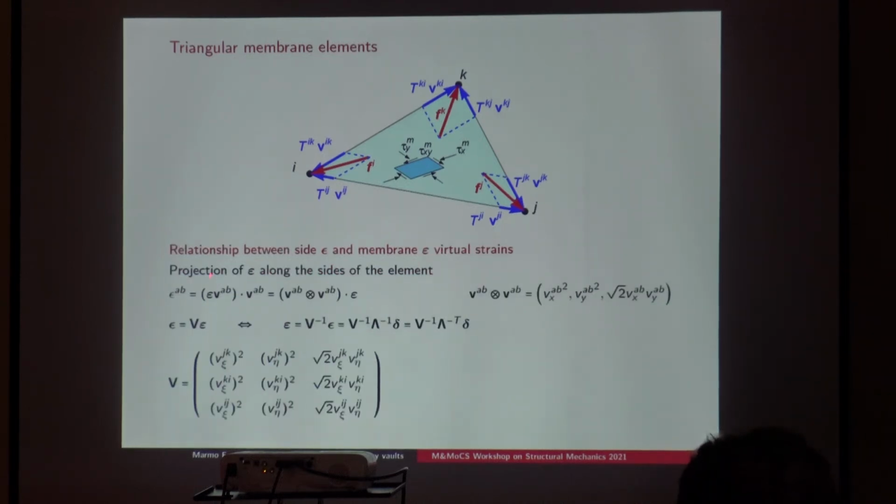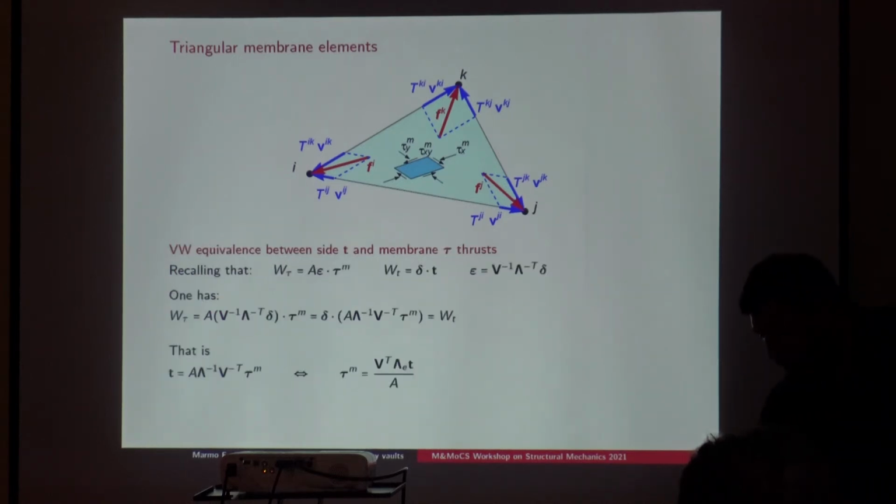Then we have equivalence between the elongation of branches and the strain tensor inside the element. And this is obtained just by projecting this strain tensor on the branches, meaning that we are computing the elongation according to this strain tensor. And this allows us to find a relationship between the elongation of branches and the strain tensor inside the membrane element. This is done by means of this projection